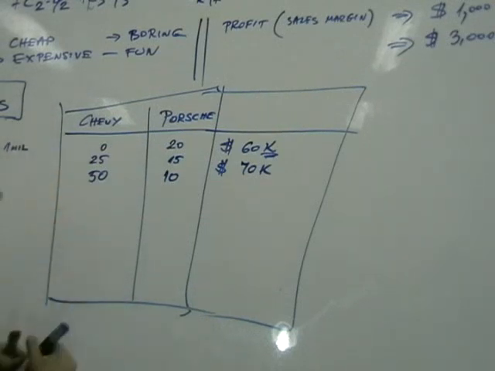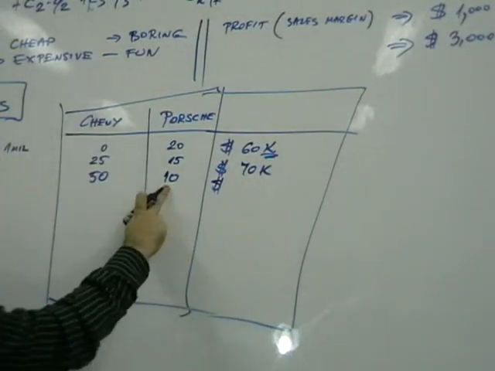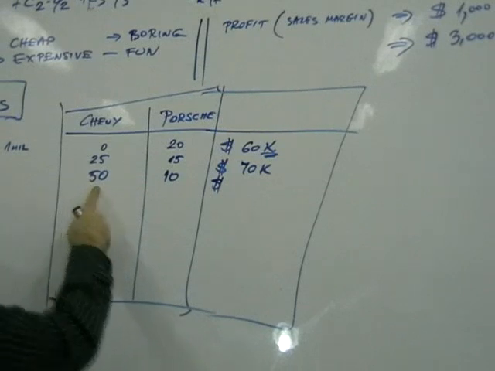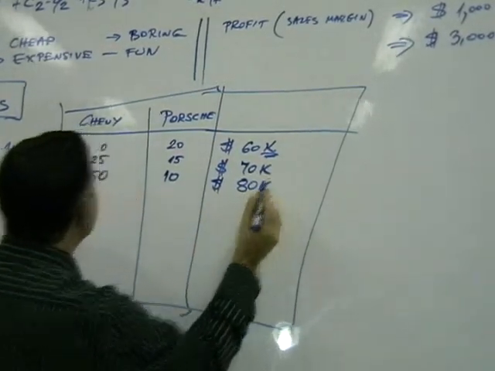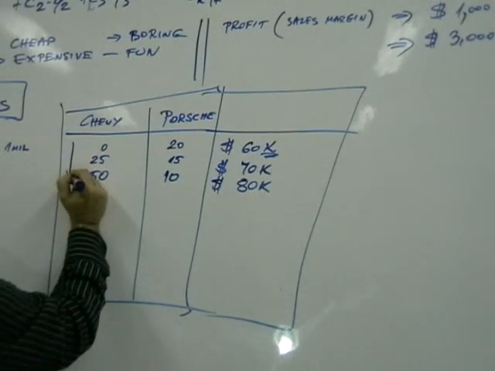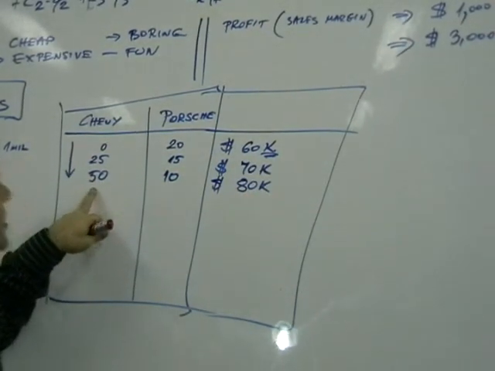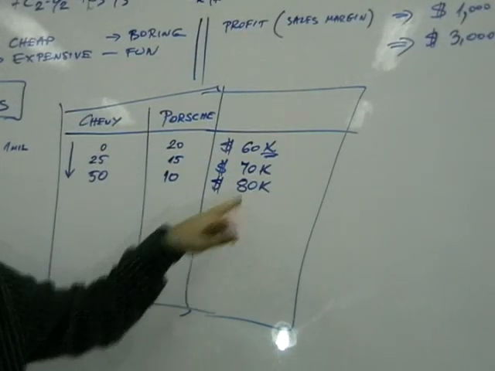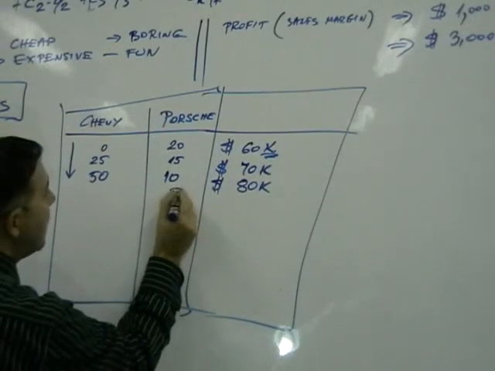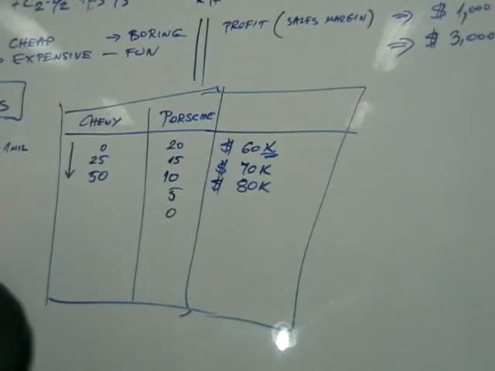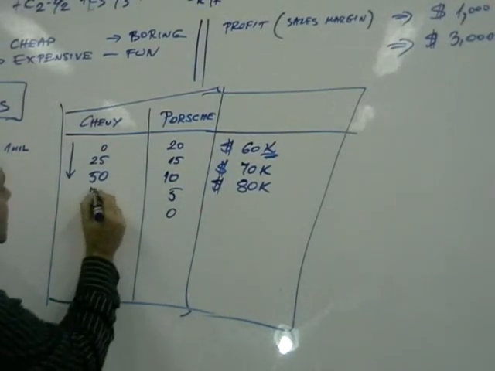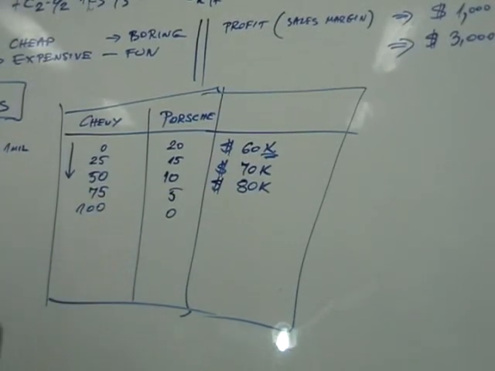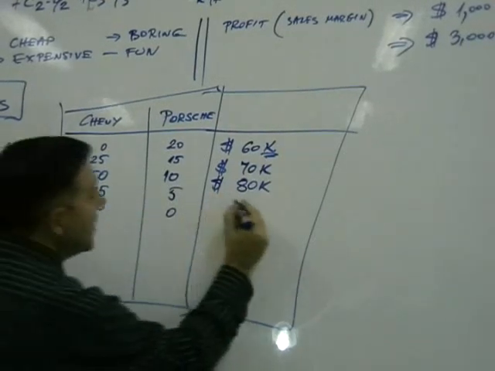80. Oh, it becomes 80. So we're making 10 times 3, 30,000 profit out of the Porsches and 50 out of the Chevys. So 80. So it turns out that as we increase the number of Chevys versus the Porsches, we actually increase the total profits. Okay, and we move to 5 and to 0, and effectively these are the combinations because we're moving here to 75, and then we're moving to 100, and over here the profitability will be